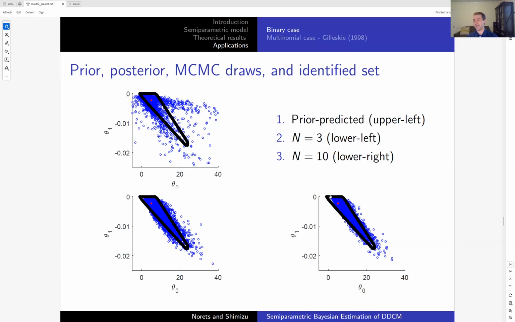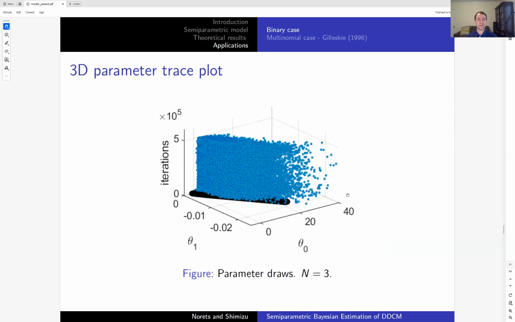To obtain this identified set, we have to solve linear programs, and on the edges they are almost ill-conditioned and whatnot. So I'm not quite sure about the corners here, but overall we get a pretty good idea about the identified set. And this is showing that it's not just one draw, but kind of a 3D picture. These are iterations, this is the identified set at the bottom, and these are the draws as the Markov chain goes. So we see that we keep coming back